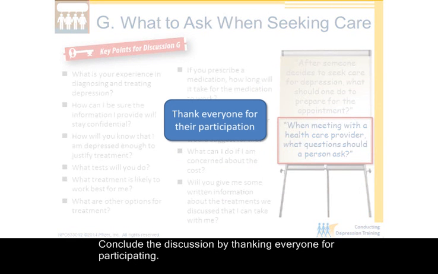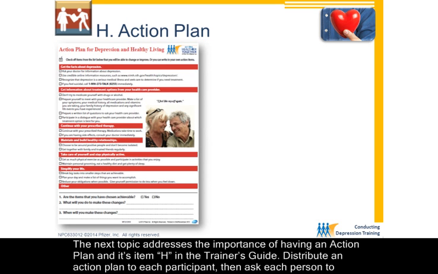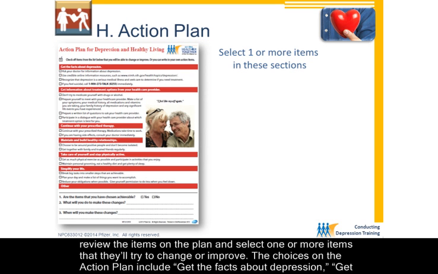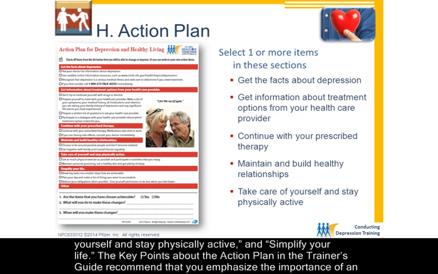participating. The next topic addresses the importance of having an action plan, and it's item H in the trainer's guide. Distribute an action plan to each participant, then ask each person to review the items on the plan and select one or more items that they'll try to change or improve. The choices on the action plan include: get the facts about depression, get information about treatment options from your healthcare provider, continue with the prescribed therapy, maintain and build healthy relationships, take care of yourself and stay physically active, and